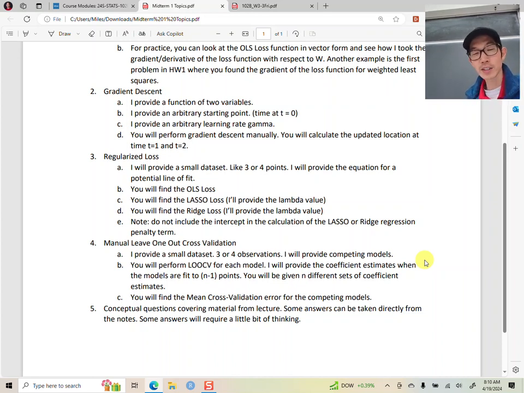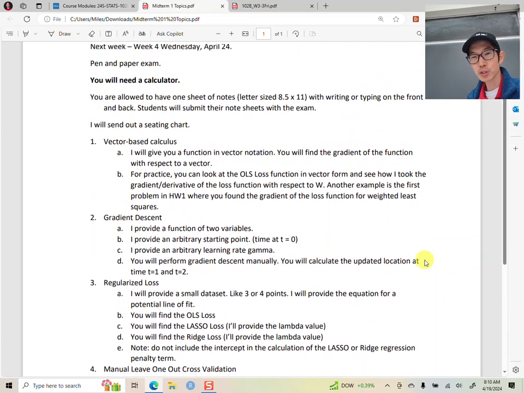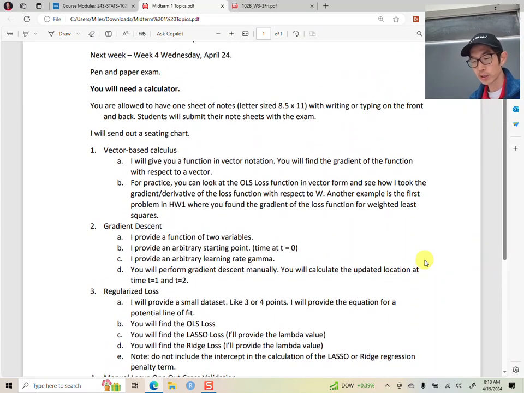And then I'll have a handful of conceptual questions. Some of these conceptual questions will be taken directly from the notes, and others will require you to do a little bit of thinking about, you know, what are some of the implications of this, I guess, of this definition or of this statement. Okay. All right, and that's what you can expect for your first midterm exam, which is just in, I guess,